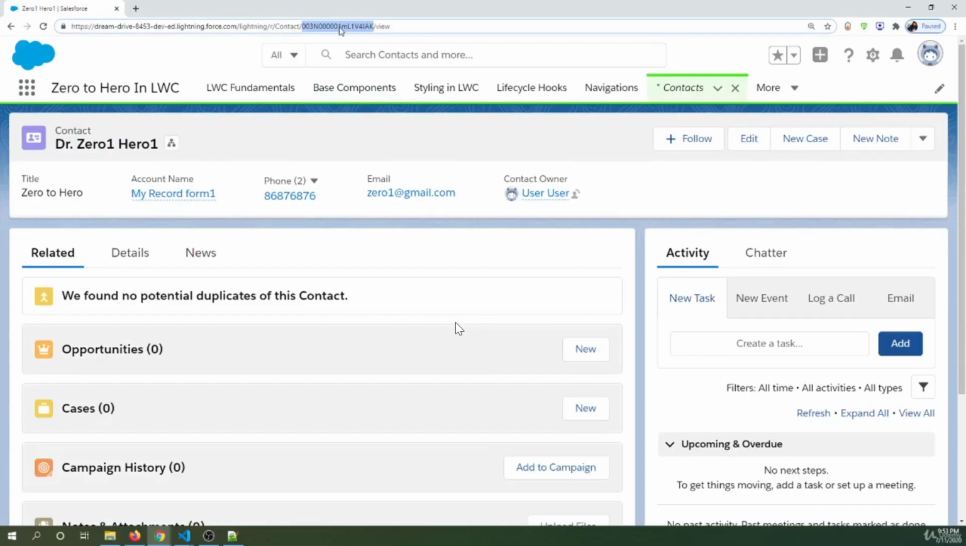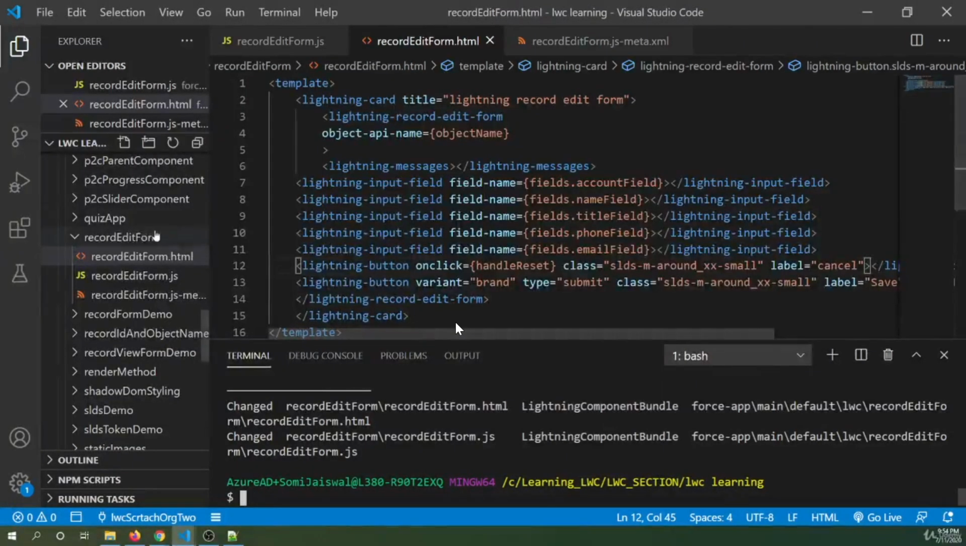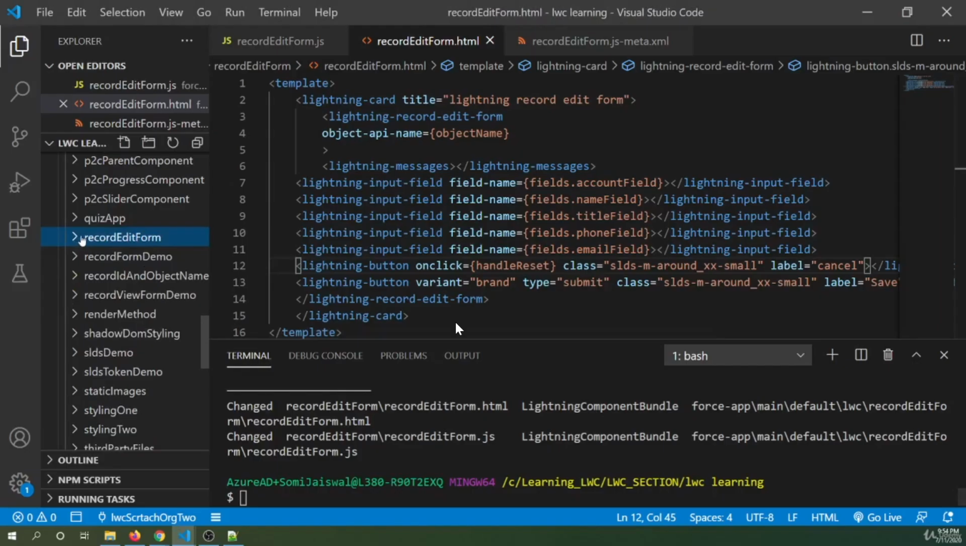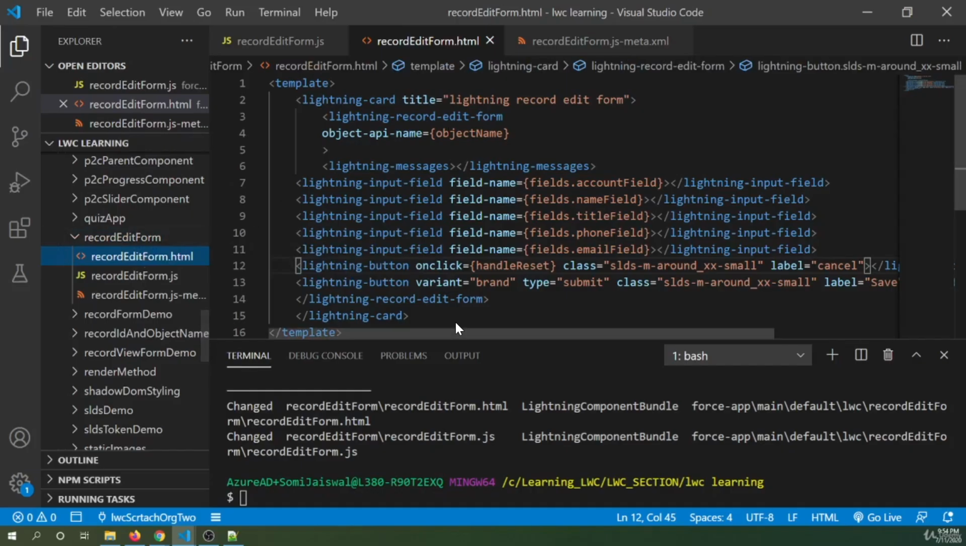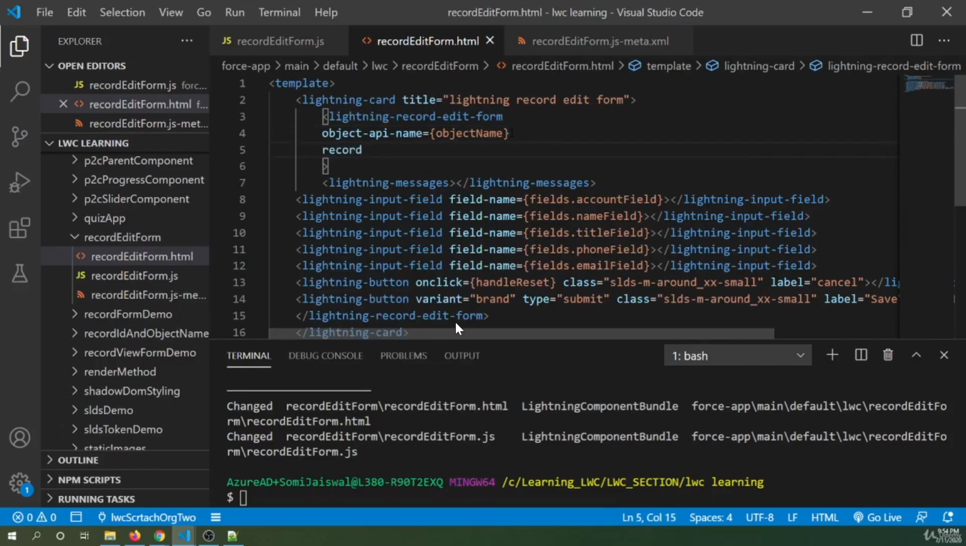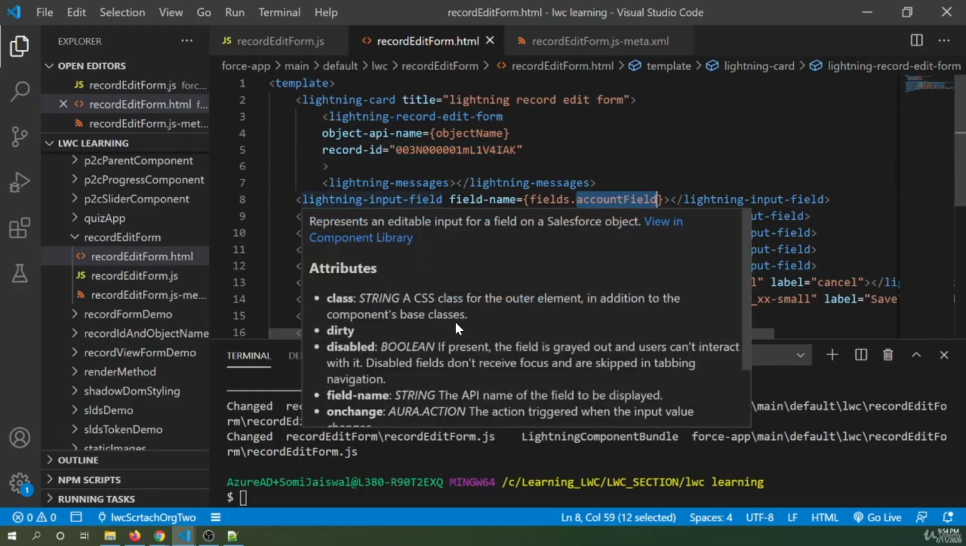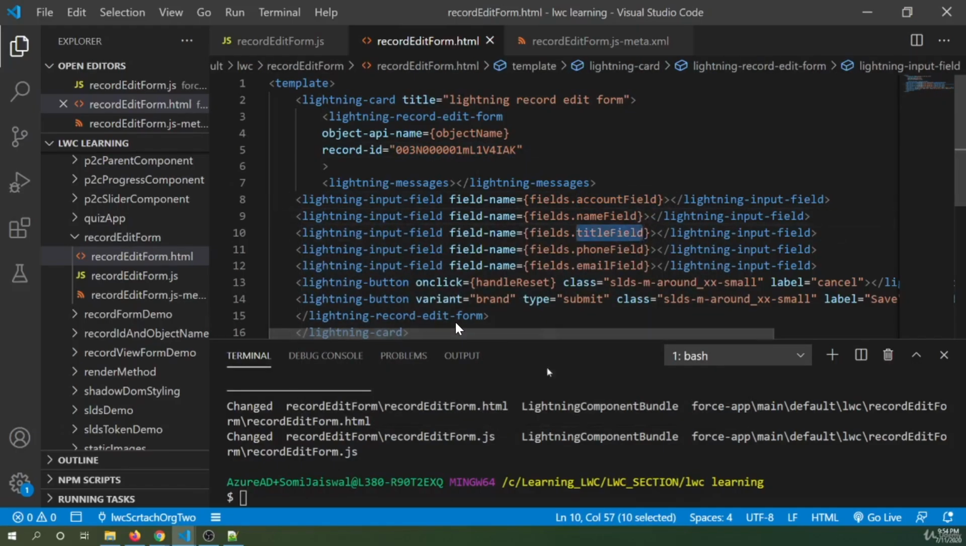From the URL, I'll copy this ID. I'll go to my VS Code, and then I'm using the same component that we are using for lightning record edit form. So the component name is record edit form. I'll go to the HTML, and in the tag lightning-record-edit-form, I'll add the record ID, and I'll give this ID here. So now when I load this form, it automatically fetches all the data and maps the data to the respective field based on the API name of the field. Okay, so let's